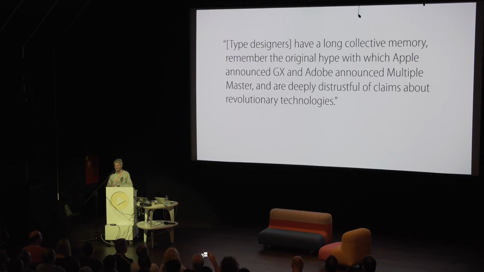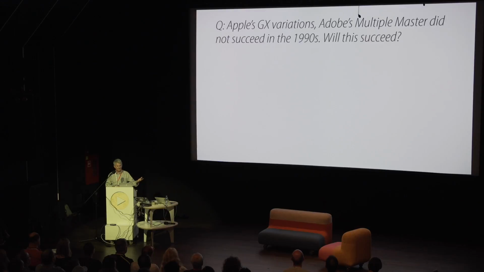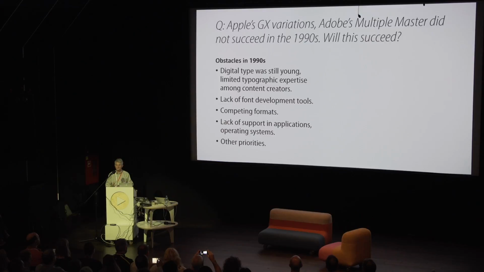Now, along the way, someone gave me this quotation. "The type designers have a long collective memory. They remember the original hype with which Apple announced GX and Adobe announced multiple masters. And they're deeply distrustful of claims about revolutionary technologies." So if you've been hearing this and you have some questions, there's a valid question. If Apple's GX variations and Adobe's multiple master didn't succeed in the 90s, what makes you think it's going to succeed now? Well, this is my own perspective on some of the reasons why variation technology did not succeed in